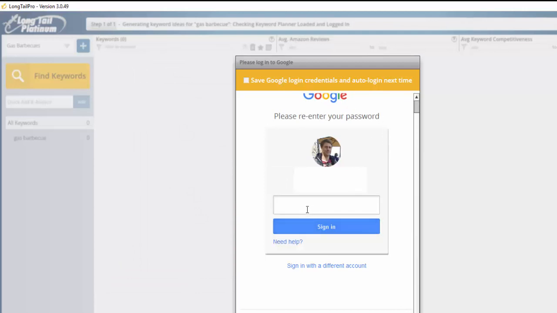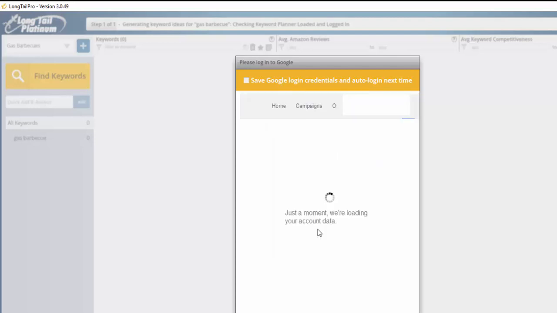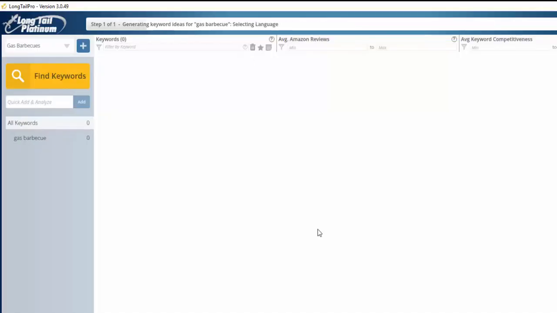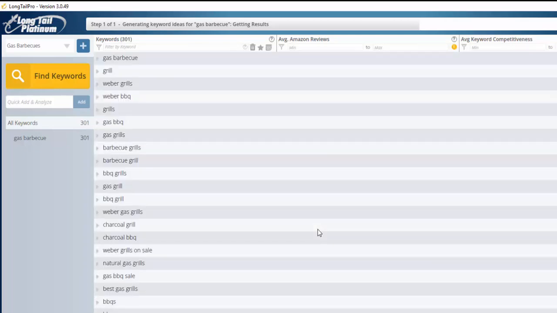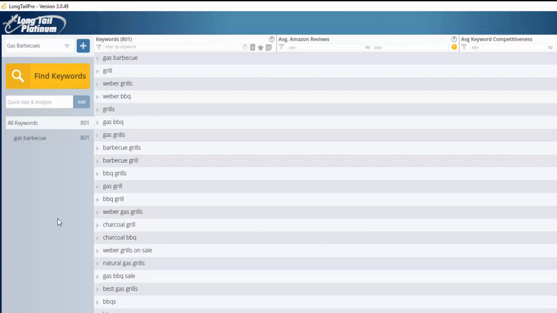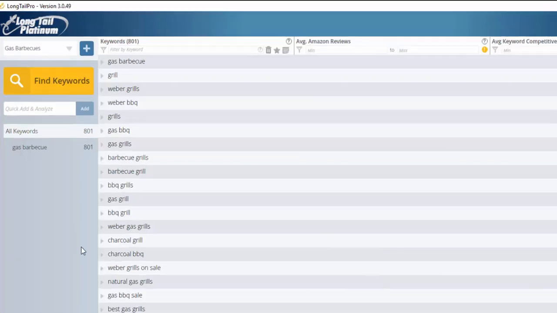and what it needs to do is it needs to access our Google keyword planner. So I'm going to have to log into my Google account to allow it to do this and bring back the keywords. So I'm just going to log in now. So there we go. Now it's pulling in all of the data from Google Keyword Planner and also organizing it in the Longtail Platinum dashboard. So it takes a little bit of time to pull in all the keywords,